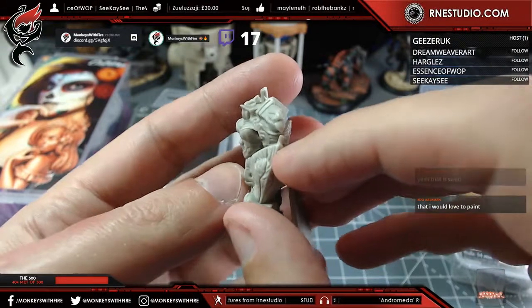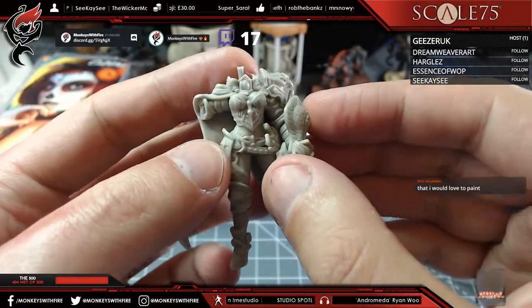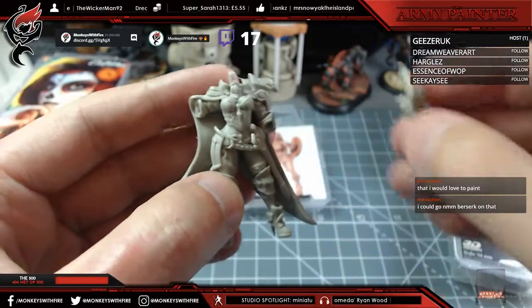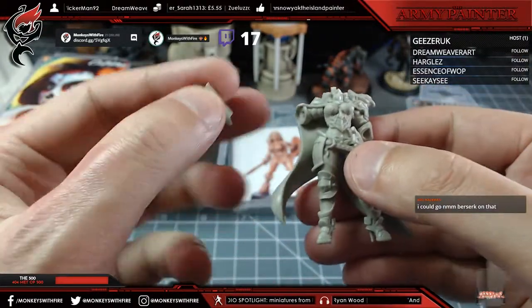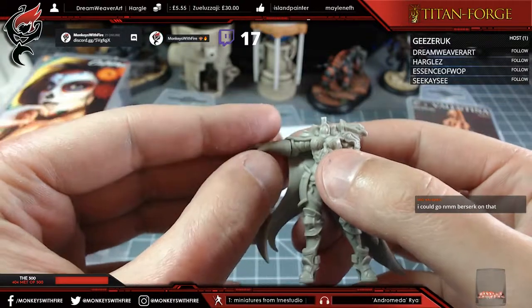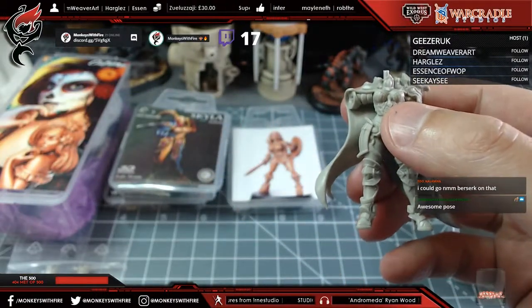So we found one that you would love to paint, Ado. Yes, I think you guys would thoroughly enjoy this character. Non-metallic metals, yeah, all over it. Because the final bit, so I got to get it right. Her hand is in there. Alright, so we can see that because on top of that hand,